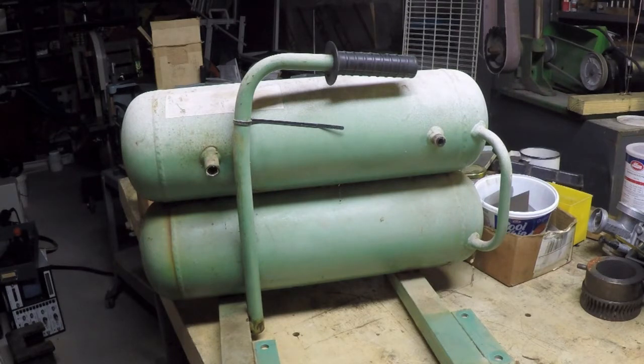Maximum pressure is 125 psi, and maximum CFM, let's use at 90 psi for our benchmark, is 4.8 or 5.1 depending on which model this is. I'm never going to know exactly which model this is. I think this is an EC12 though, which would be 4.8 CFM. So let's see how that stacks up against that